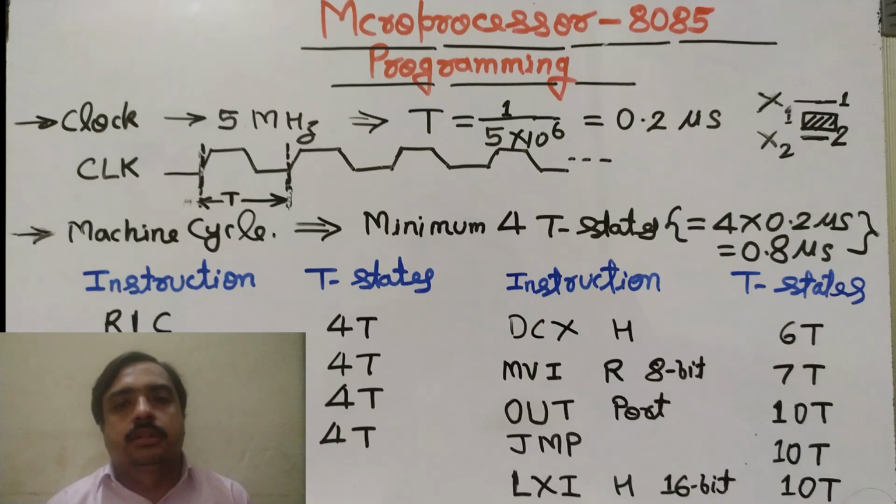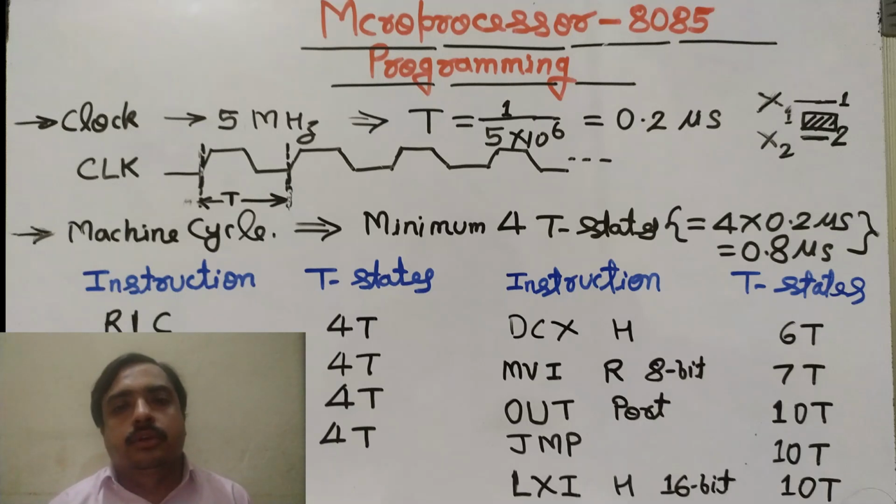First of all, you have learned that the 8085 microprocessor is governed by a clock generator which has a frequency of 5 megahertz. This is denoted in the pin diagram of 8085 by two pins, pin number 1 and pin number 2. Between these two pins we have to put a crystal oscillator input, as shown in the pin configuration as X1 and X2 pins. These two pins will generate the required frequency f.